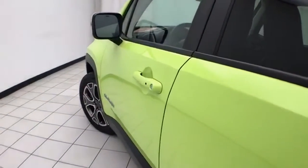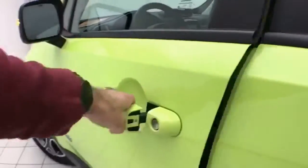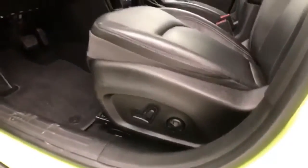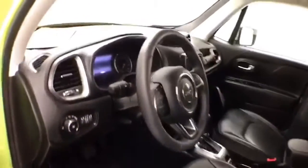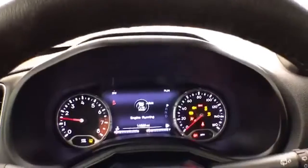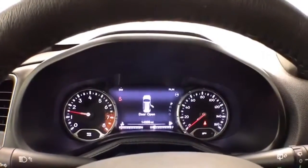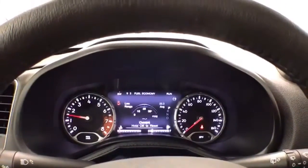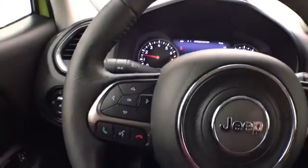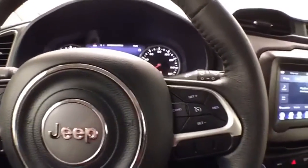This Limited has keyless entry with remote start, power windows, locks, mirrors, power driver's seat, along with a tilt and telescopic steering wheel. Put you in that perfect driving position. Large, easy to read gauges with driver information system, controlled by buttons on the steering wheel, cruise control,